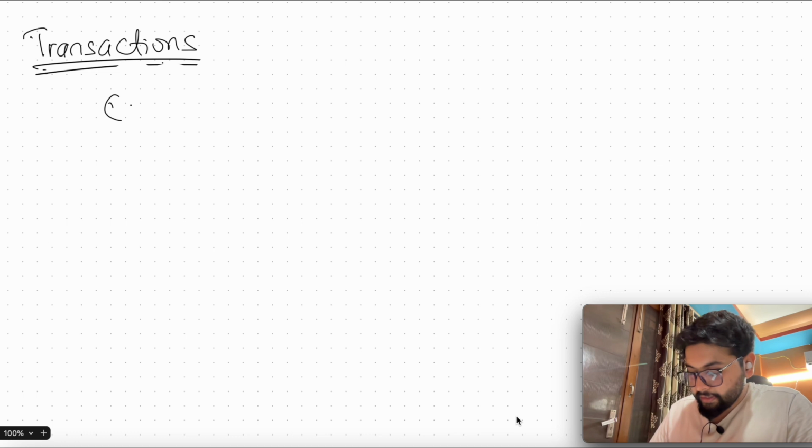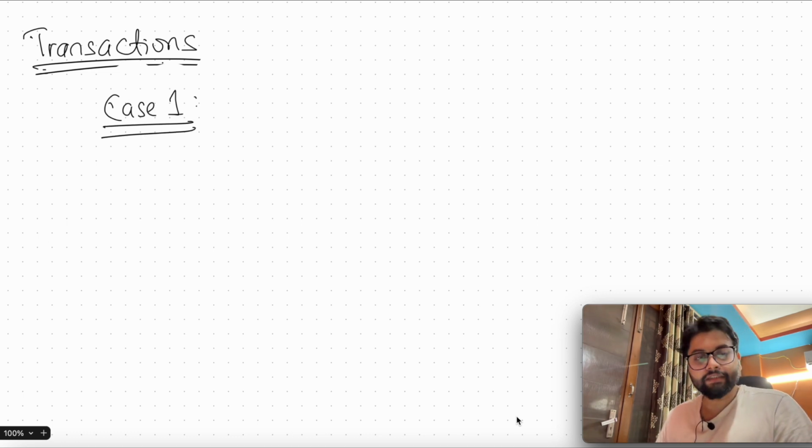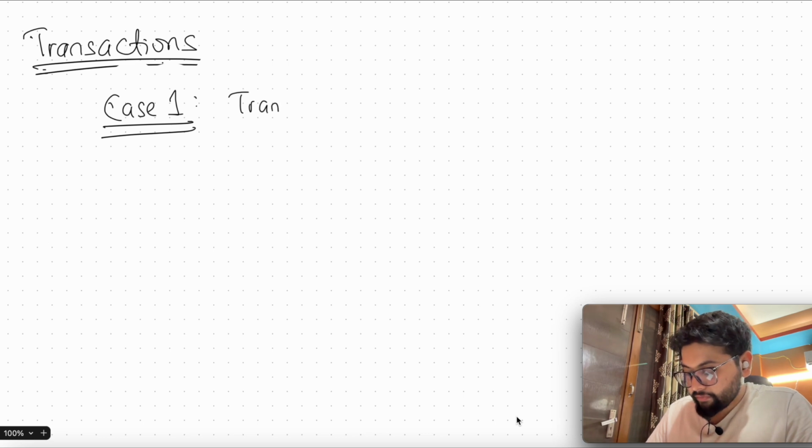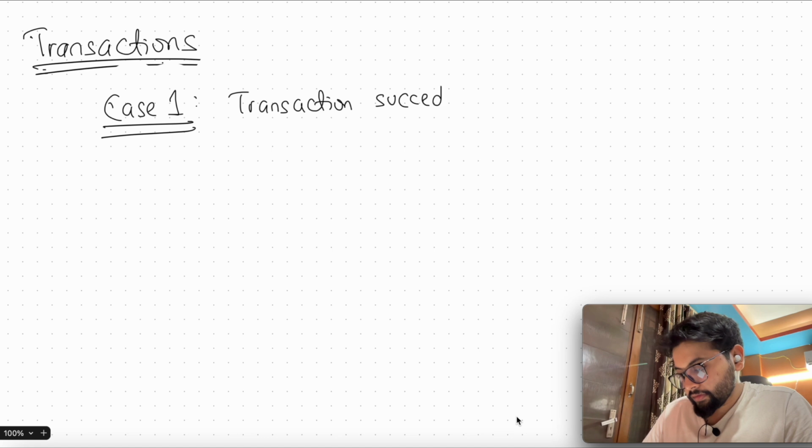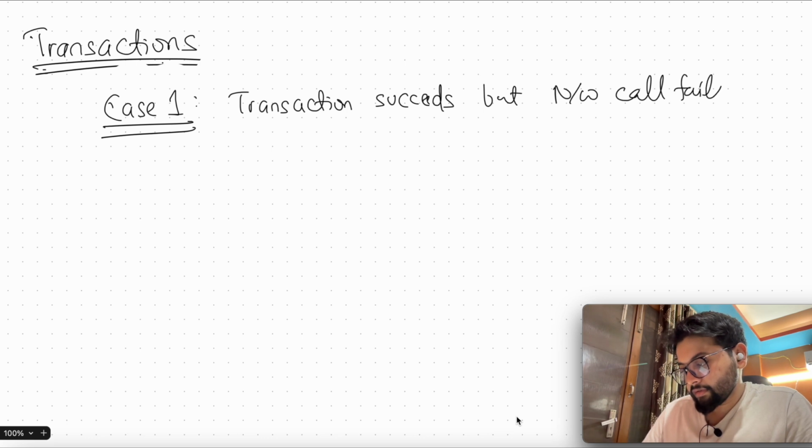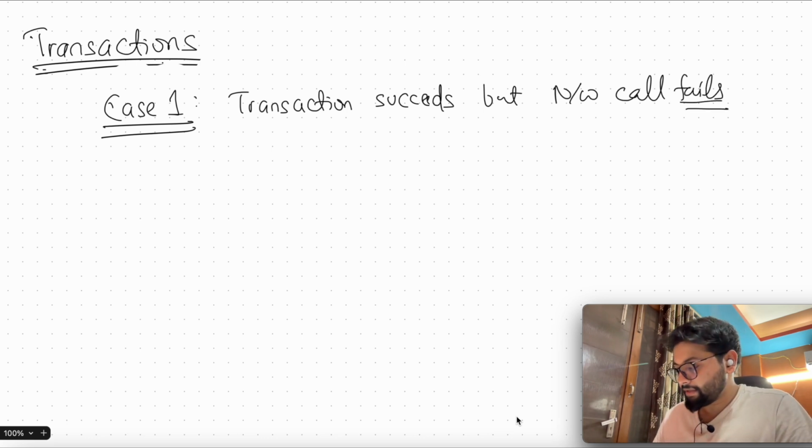So let's understand case 1. Case 1 is, what if the transaction succeeds, but the network call fails? In this example, suppose there is a client here and it is trying to perform a transaction. So we have a system here,